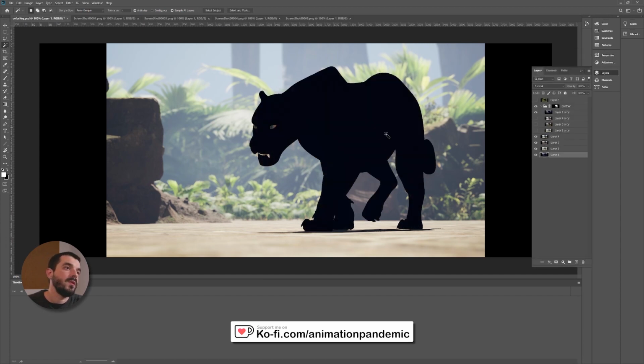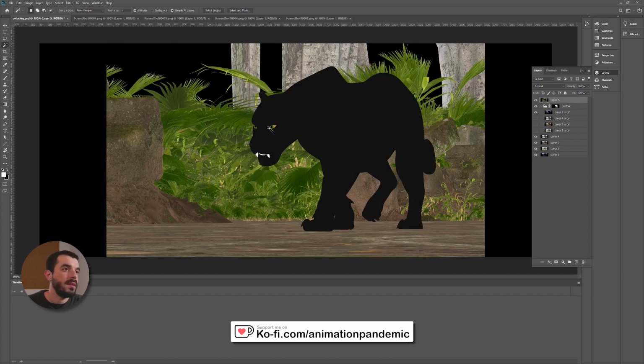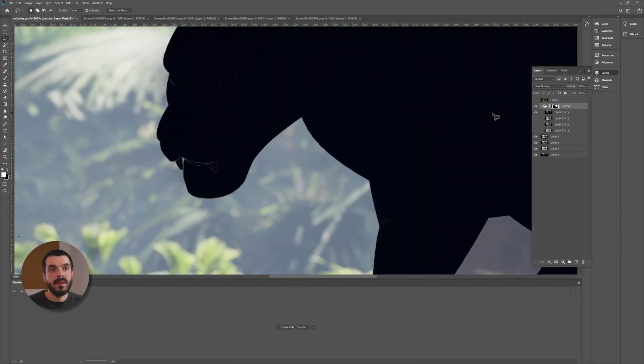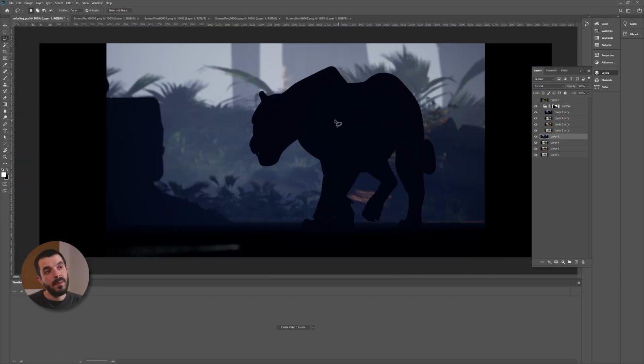You see that the panther group is not containing the teeth, however, so I also want to select the teeth in there. As I said, it does not have to be super precise. That's going to be my mask in there. Cool, nice. So now that I have my mask, I can maybe keep the frame that I like the most